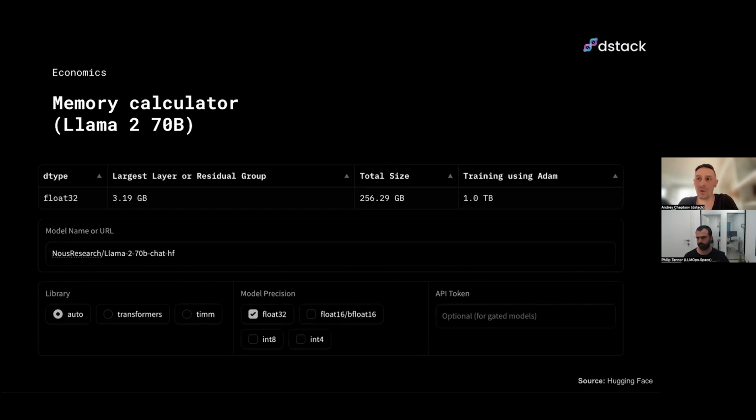And if you want to fine-tune, or train, the model, the rule of thumb is to multiply it once more by 4, and then you get the amount of memory you need for fine-tuning, which gives you an idea how massive it is, even for an open source model.